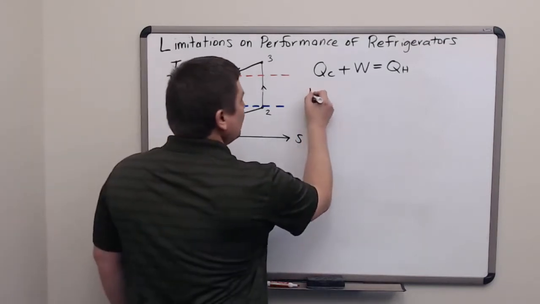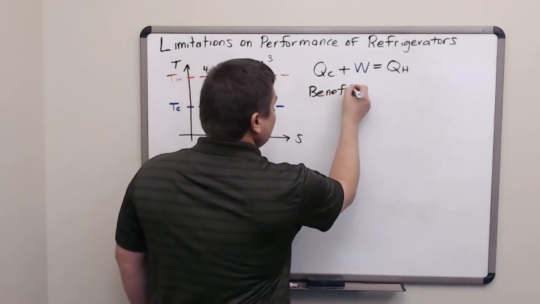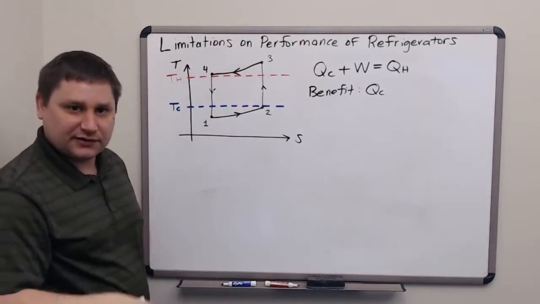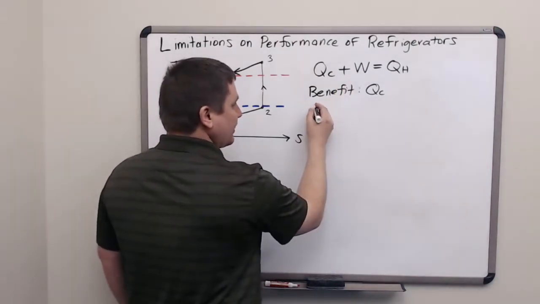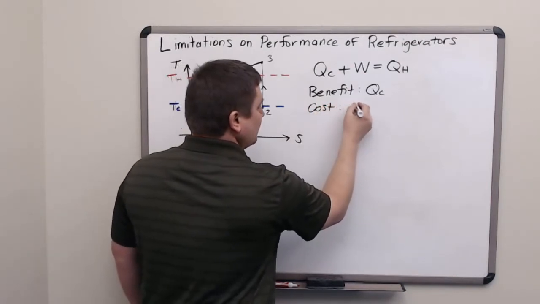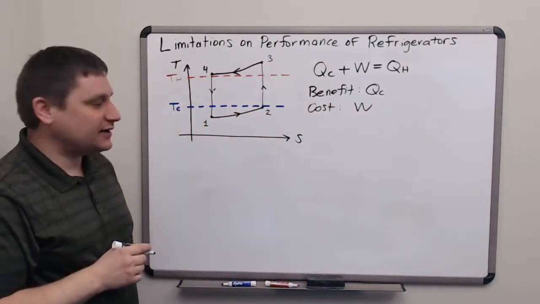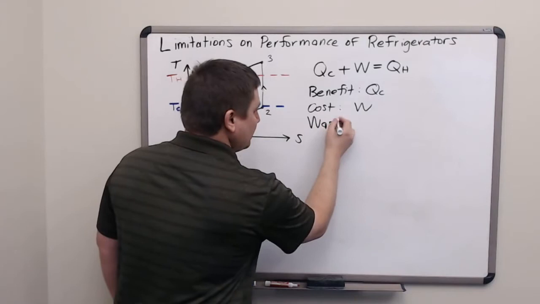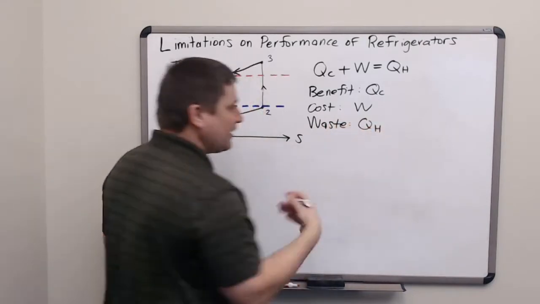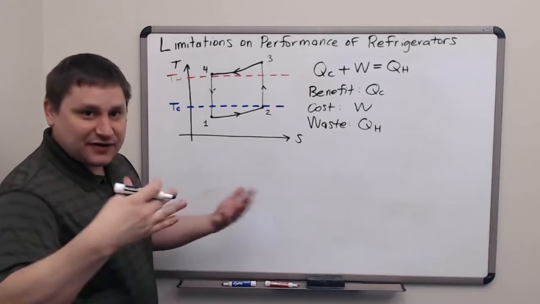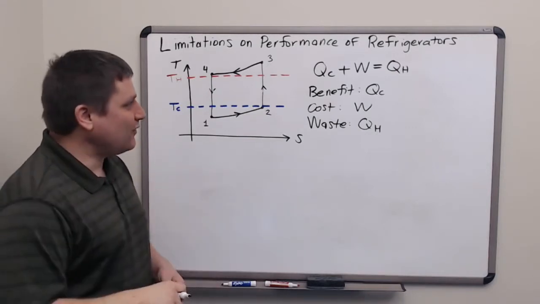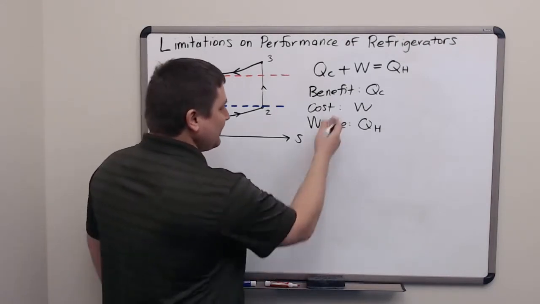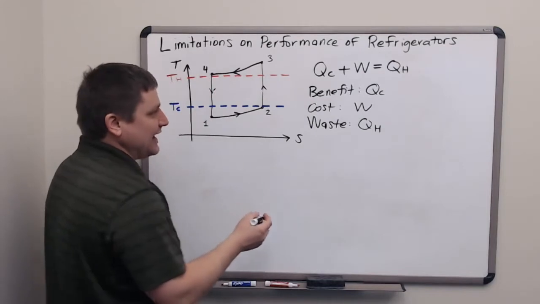So our benefit is QC. The thing that we need to input, or the cost to run the cycle, is the work input. So our cost would be identified as W, work in this case, and our waste is QH. If we want to make something colder, then we have to make some other place hotter, but we don't really care if we blow hot air outside the car or outside the room. So in terms of the cost-benefit analysis here,